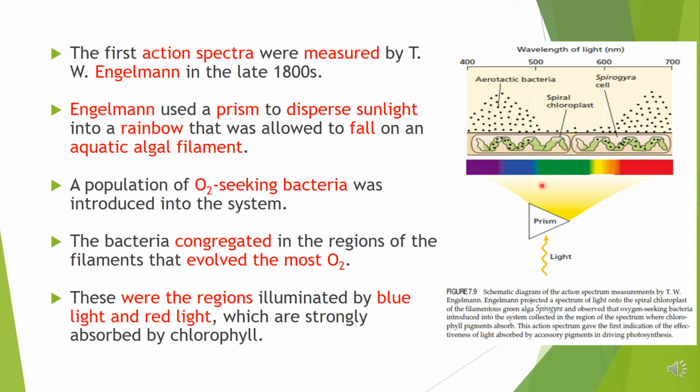So once light falling on the filamentous algae carries out photosynthesis and emits oxygen, the oxygen-seeking bacteria will congregate in the region where the maximum photosynthesis rate occurs. So the blue and the red spectrum is considered effective in the process of photosynthesis and emits the maximum amount of oxygen. So we can say this is the action spectrum required for the normal function of the